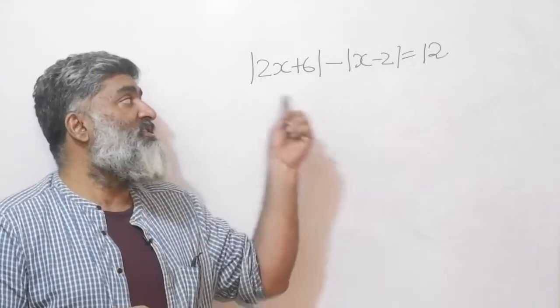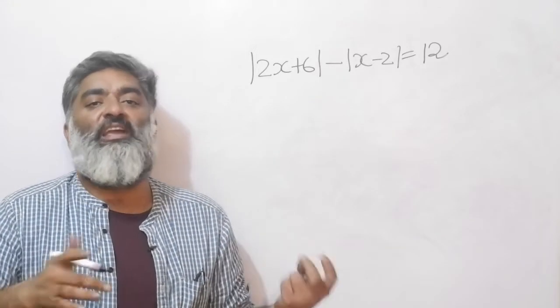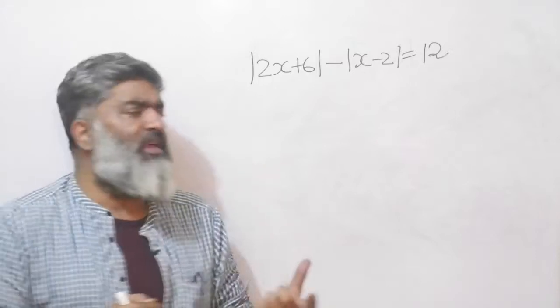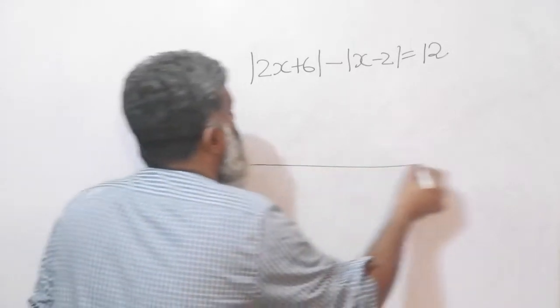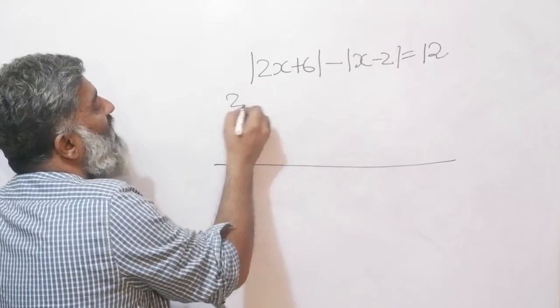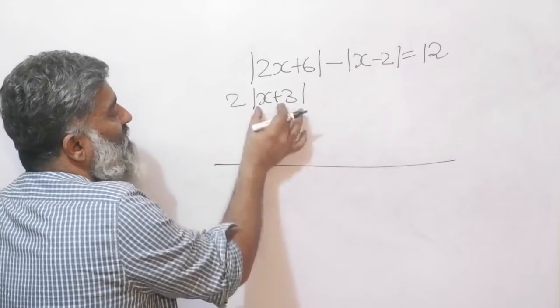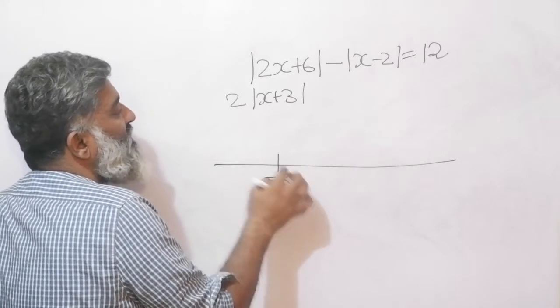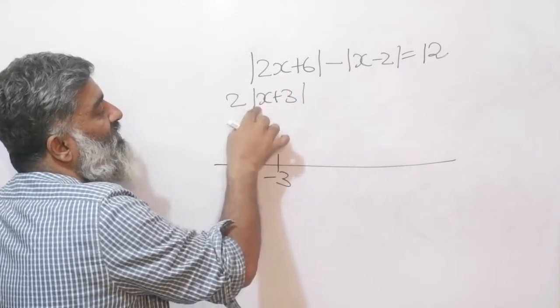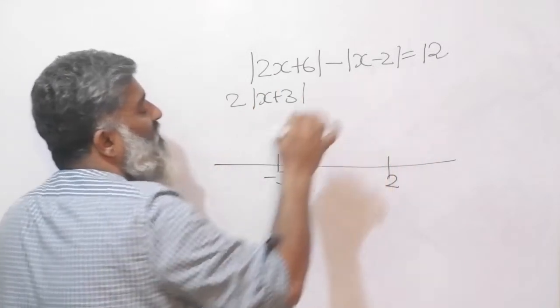And remember, even the plus story, we started with a simple exploration on the number line, the regions. So let's start from that point only. Let's put these numbers on the number line. Simplify this, take the 2 common out, and you'll be left with x plus 3. So the root for this expression is going to be minus 3. If you put minus 3 here, this will become 0. Similarly, at 2, this will become 0.